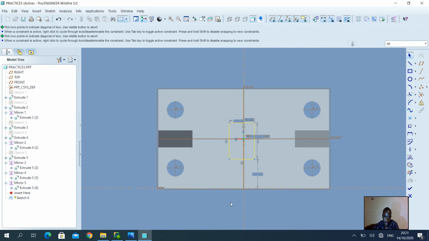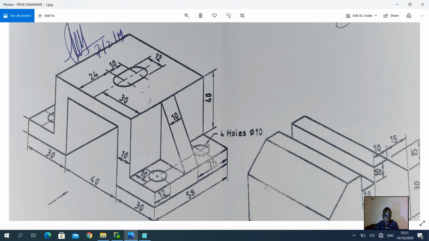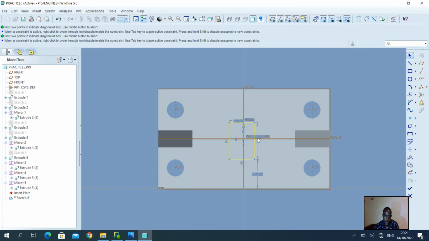So let me see the dimensions of this rectangle. We have got a 10 and a 12. 10, that's the depth, and 12, that's the breadth. So this is 10, and this whole part is 12, and